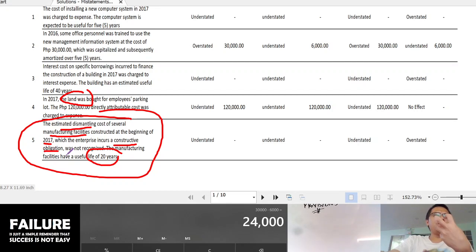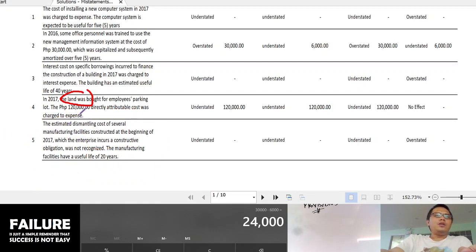Which you have accepted the responsibility na at a certain point, you are responsible to do something, okay? To do something, which in this particular case is that what you have accepted is the responsibility to dismantle